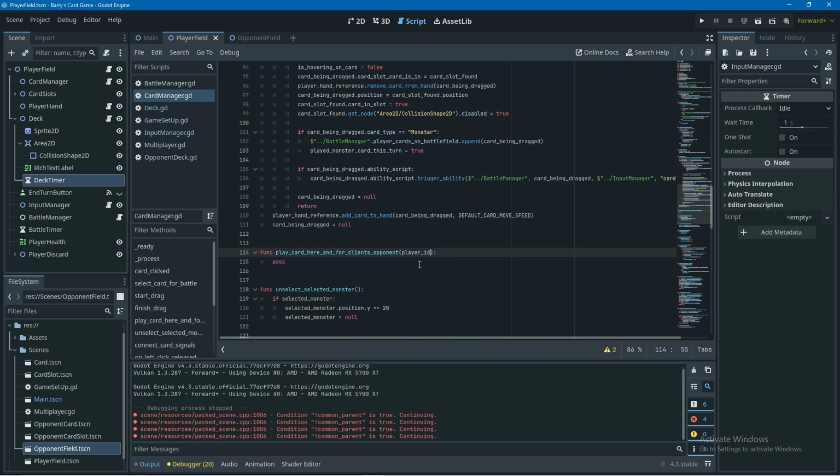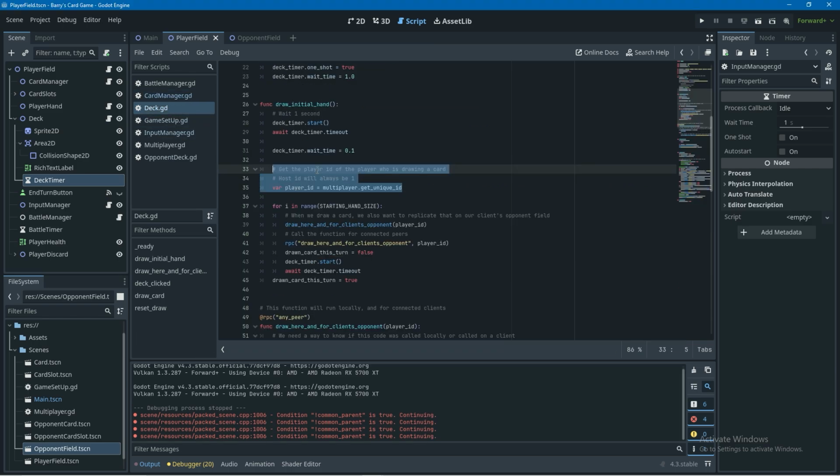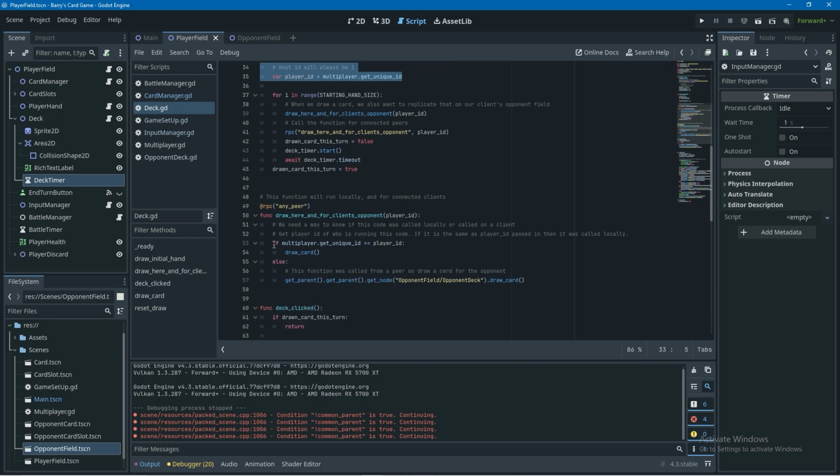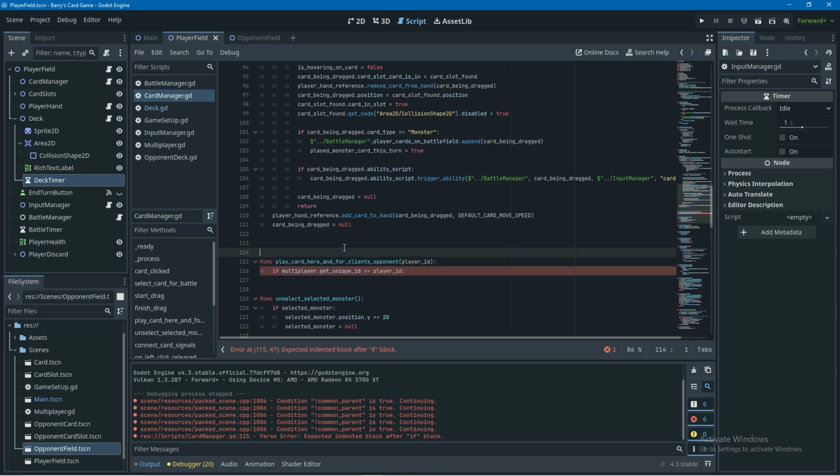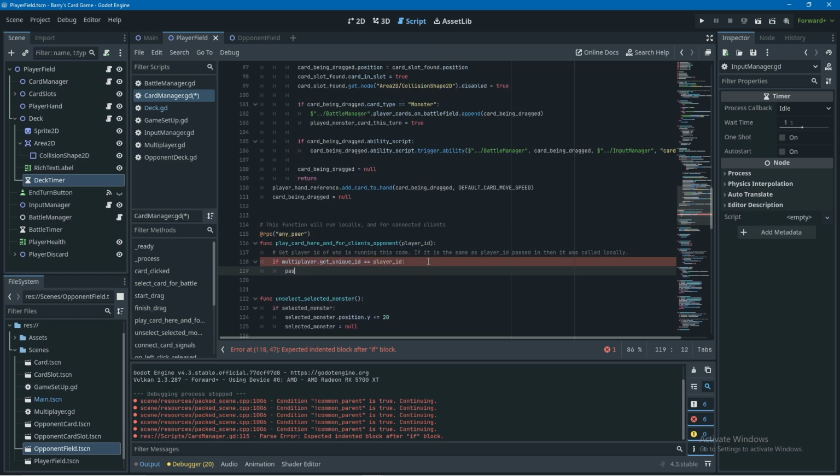Then we'll go back to the deck script. And in our RPC function, we'll copy this line, this if statement, if multiplayer.getUniqueID equals player ID. Then we'll bring this over to the card manager and paste it into our new function. And then don't forget, because this is an RPC function, we have to add this tag up here right above the function. And then we'll add this if statement, and then we'll create an else statement,